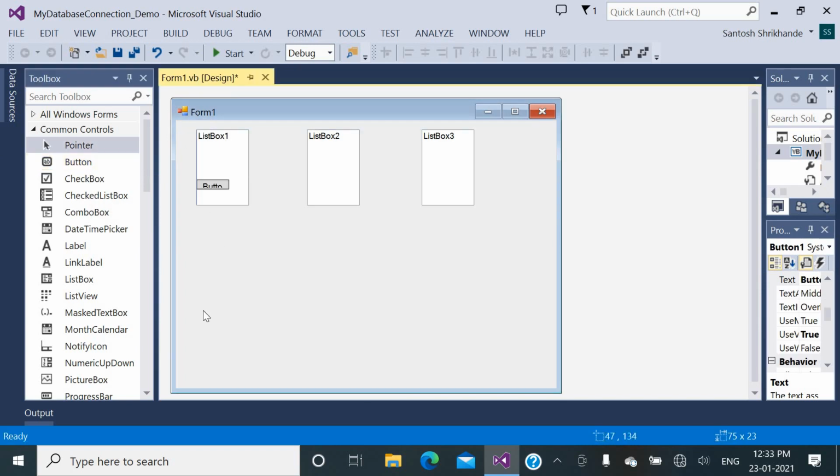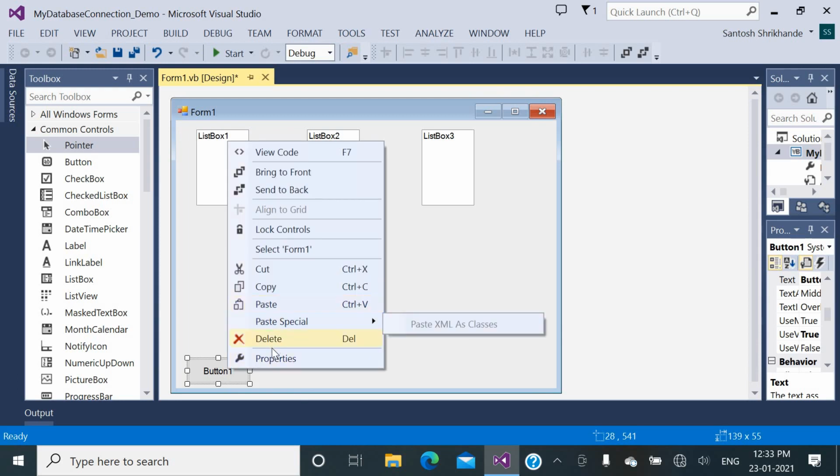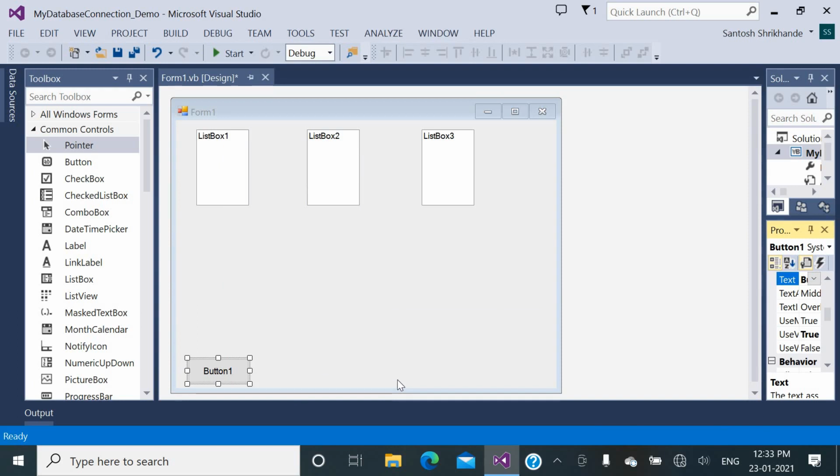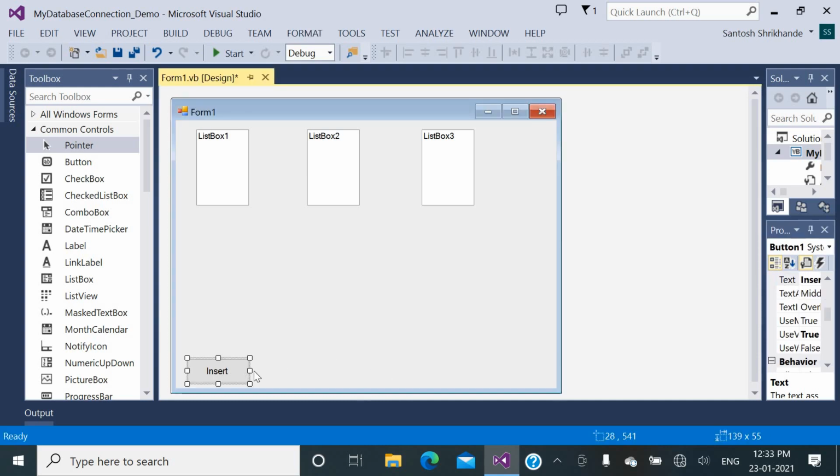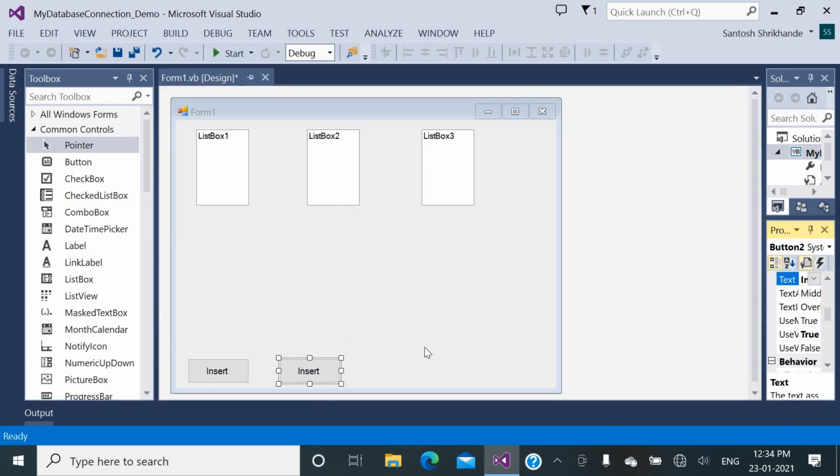Here I have taken one command button, the first one, for inserting a new record into the database. The name of this button will be Insert. Then we need another command button for update, and the name of this command button will be Update.